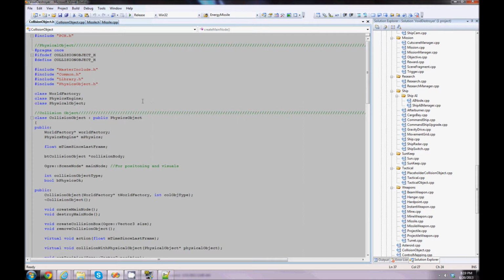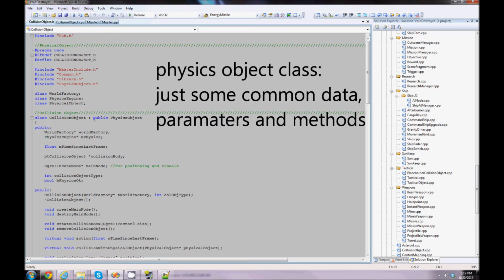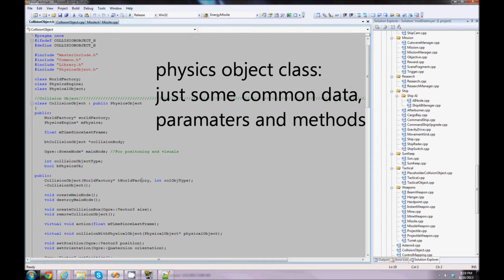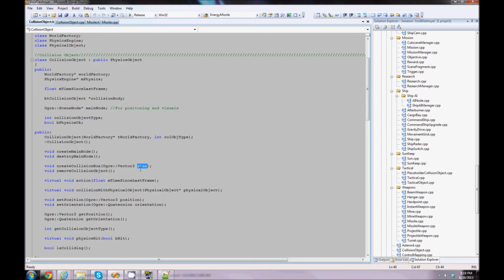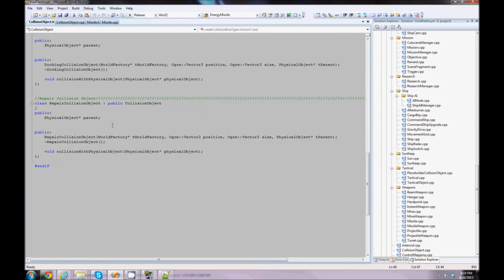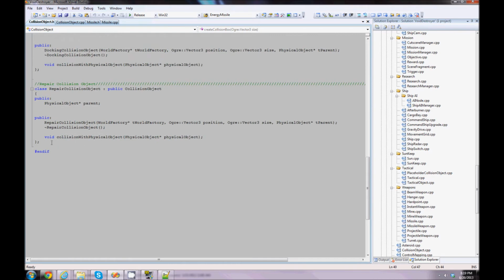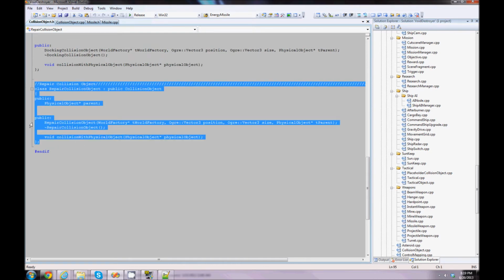So here's the source code portion of that collision. There is this collision object class, that is a child of this physics object class, and this lets me create a particular size. Here's the size that creates that virtual object. So I'm going to create another one, and I'm just going to copy another,